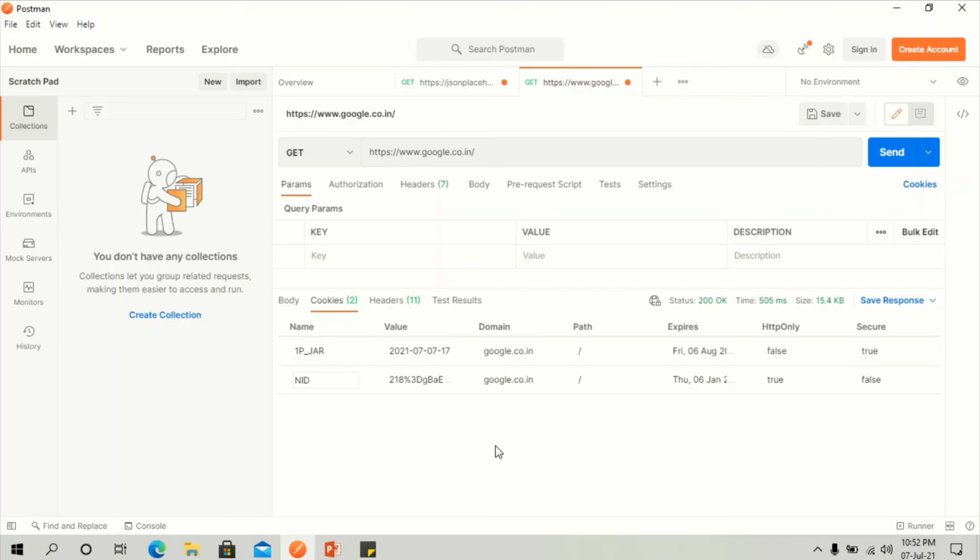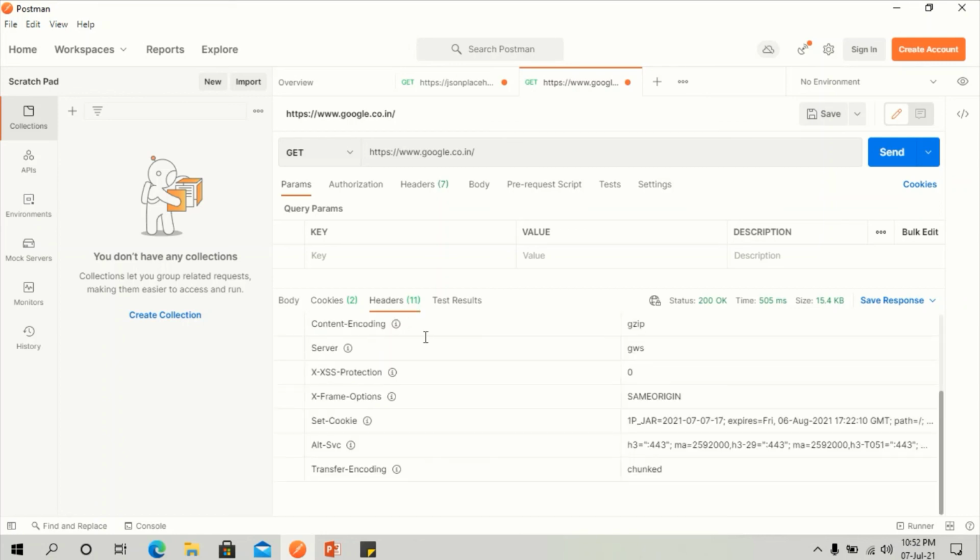And in the headers we will get to know the information about whatever the server is using, like server name, X-Frame-Options. X-Frame-Options is for security, so that no one can steal the data from here, transfer encoding and all the things.